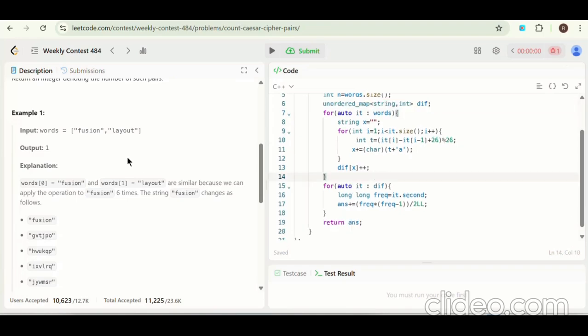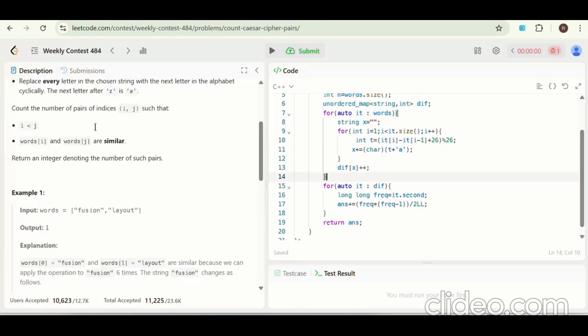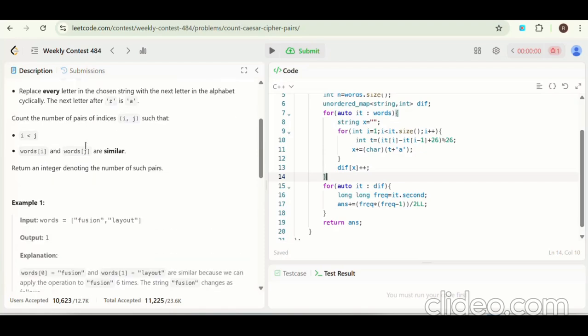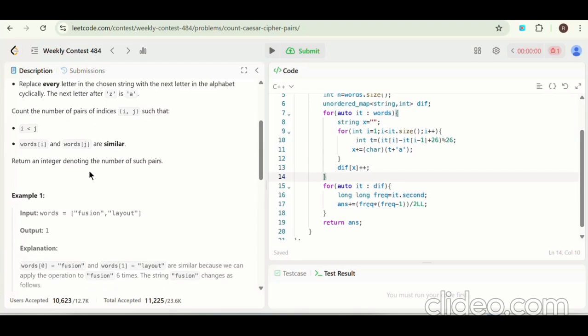So basically we are doing this because it is given that we can do as many operations as we want, and we can change the characters by one.